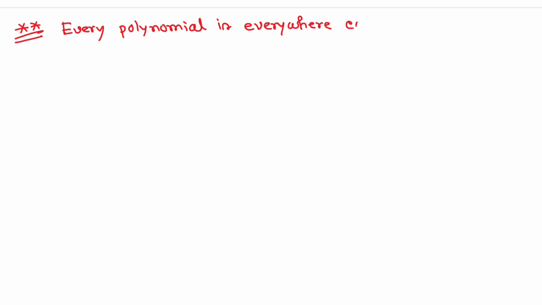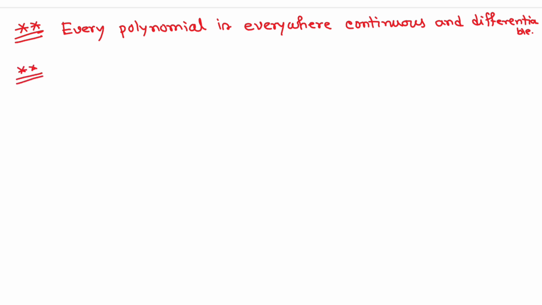In this type of problem you have to remember some important results. For example, the first result is every polynomial is everywhere continuous and differentiable. You have to remember the result. Second result is